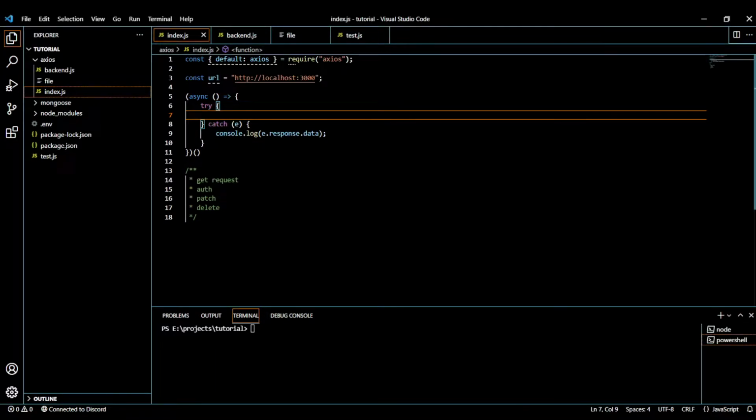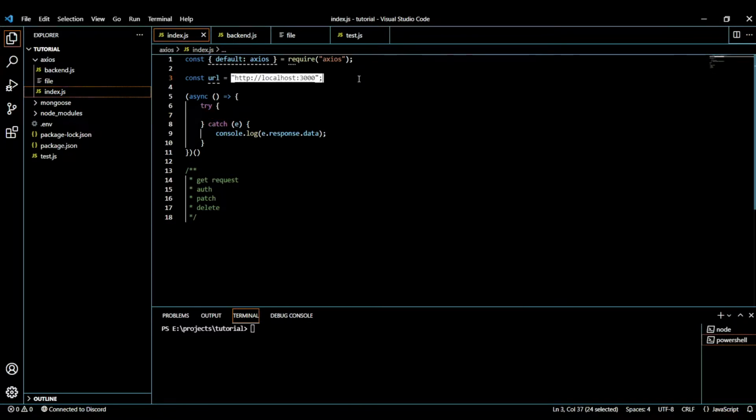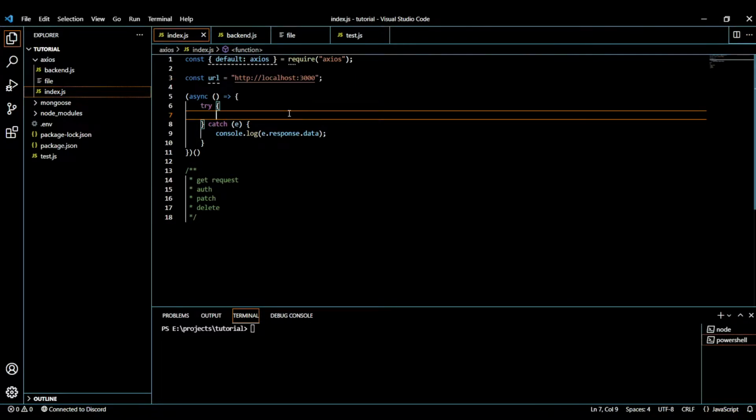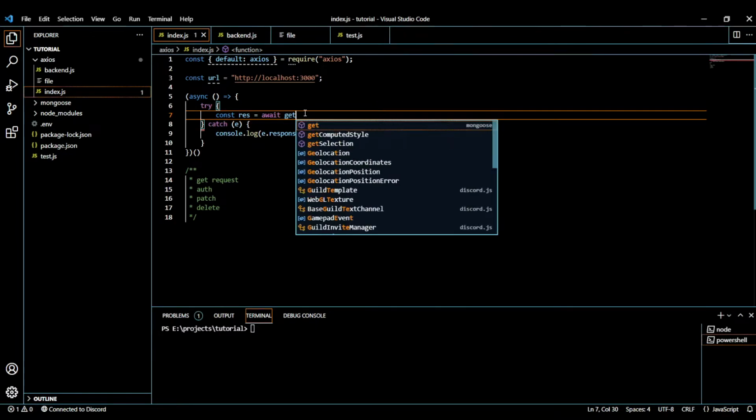So guys, in today's video I will teach you how to use Axios to make requests. I have set up the backend server on this URL, so let's just begin real quick. I will save our response in this variable and name it res, and I'm going to use await. You can use .then too, but I just like async await because it is cool, better and more readable. First of all, I'm going to start with an Axios get request.